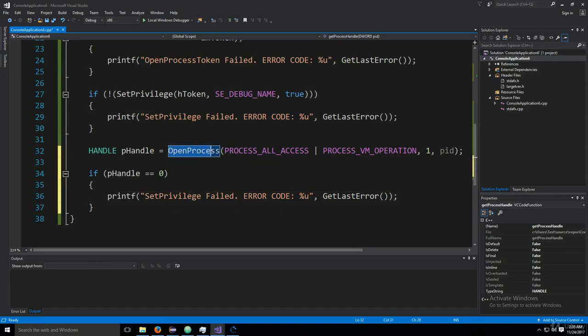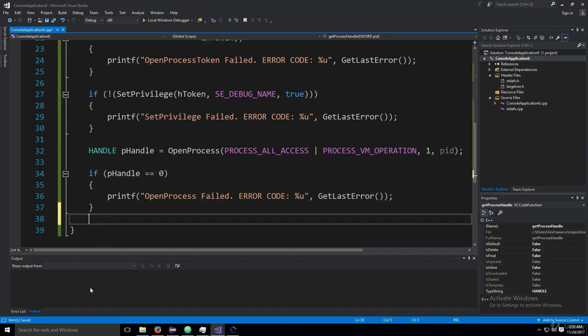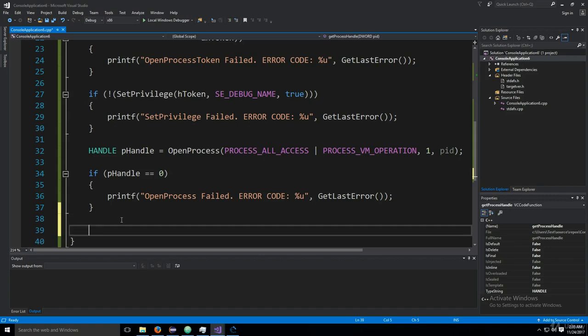And I'll just do this to save a bit of time here. Okay. Finally, if it actually works out, you can just return